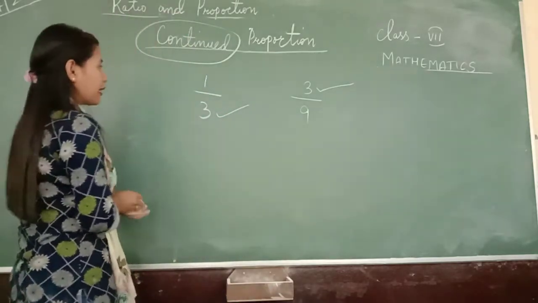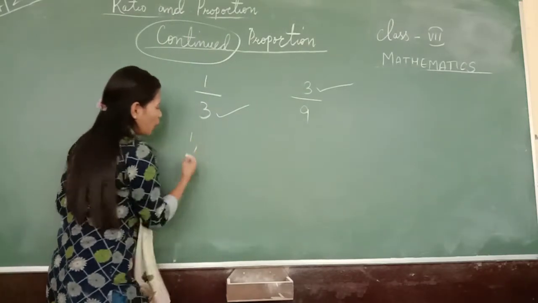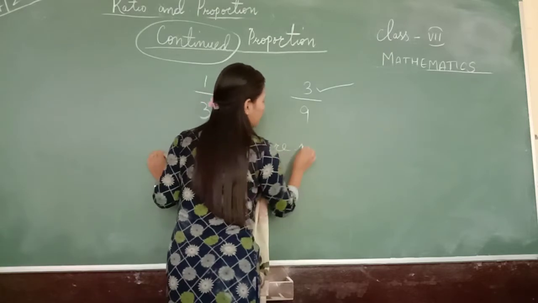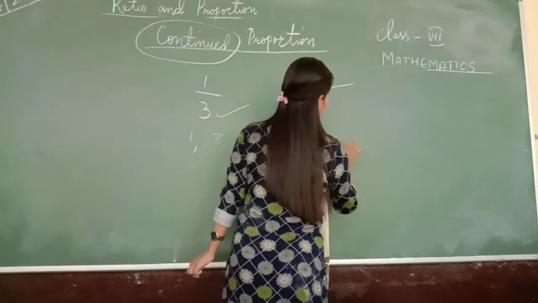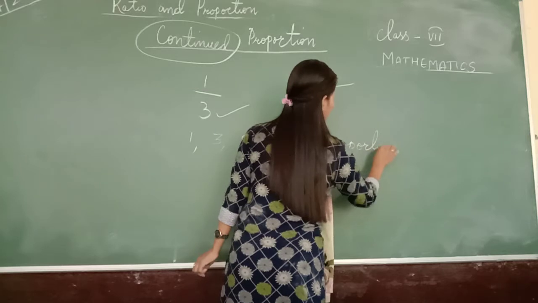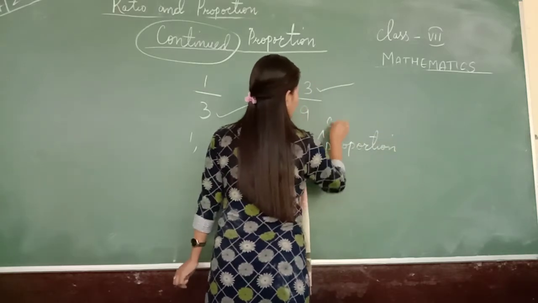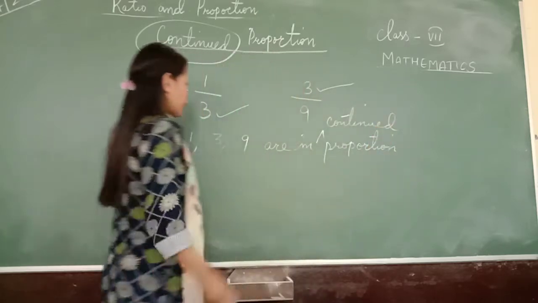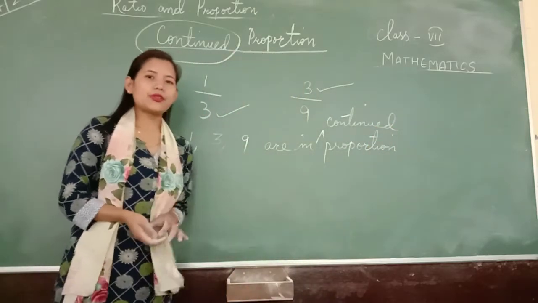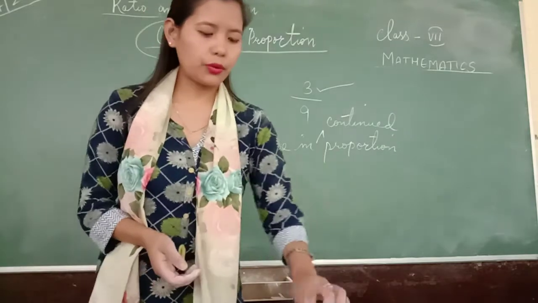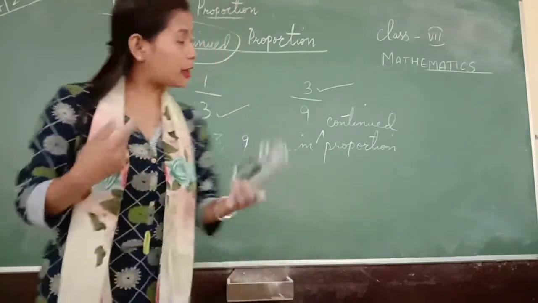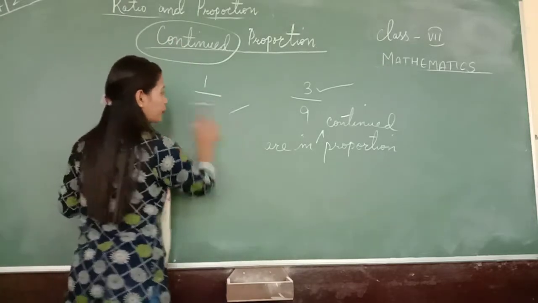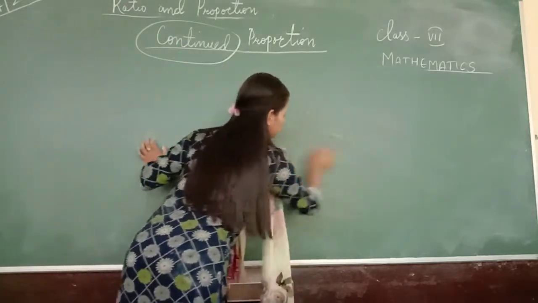So in that case, I say the terms 1, 3 and 9 are in continued proportion. There is a continuity, that is why the three terms are in continued proportion. Continued proportion is again a proportion, but wherein the second and the third terms are the same. So write down,